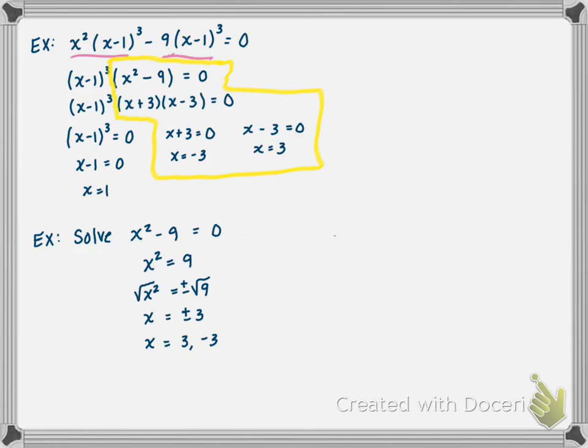It's just a way of writing positive 3 and negative 3 all in one expression instead of listing them. So the reason that this is useful is that there are equations, or polynomials, that can't be factored, that can still be equal to 0. So there are equations that still have solutions even if we can't solve them by factoring. So for example,